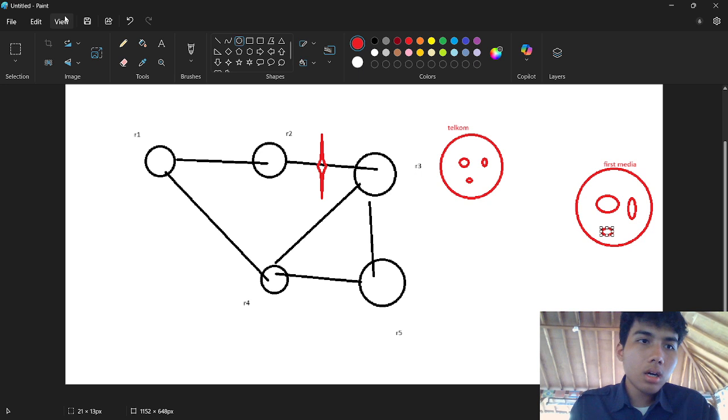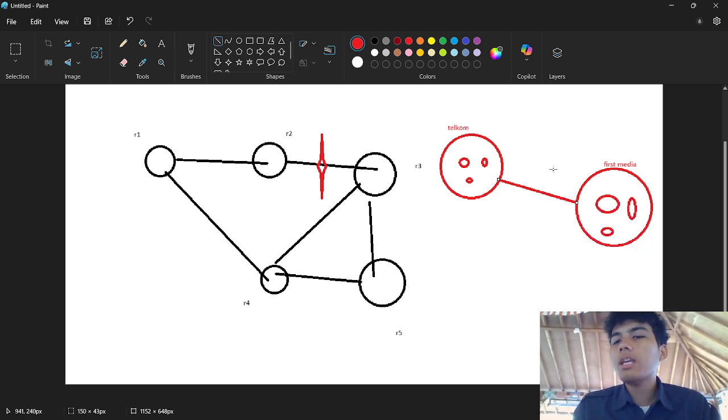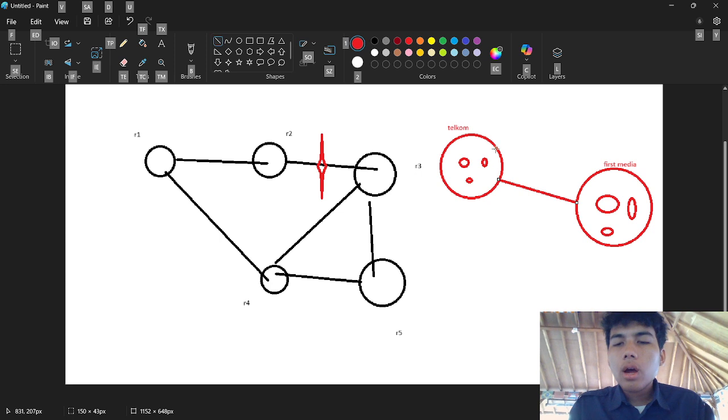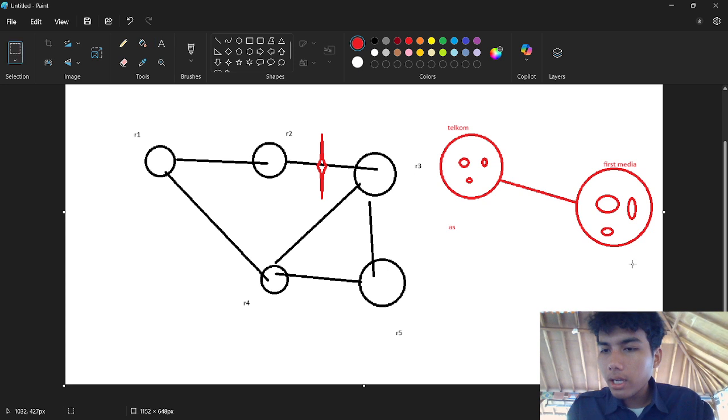Each of these is called an IGP, Interior Gateway Protocol. All of it is within the company. And if you connect them to each other like this, it's called EGP, Exterior Gateway Protocol. Each of these we call an autonomous system, or AS.